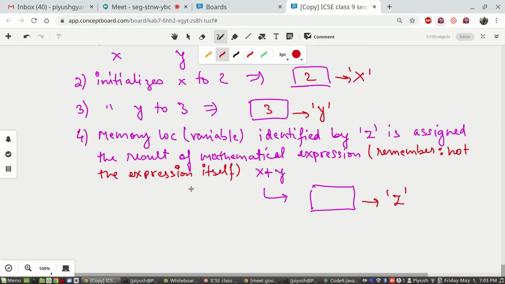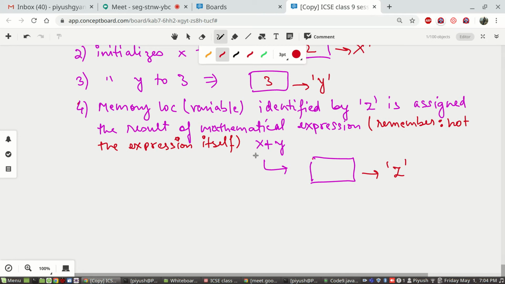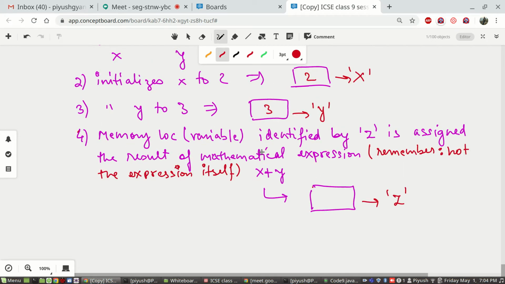First, the result will be calculated separately. How will the result be calculated? You have written x plus y. It will look for the memory location identified by x. It will go to the RAM and find the value from it.